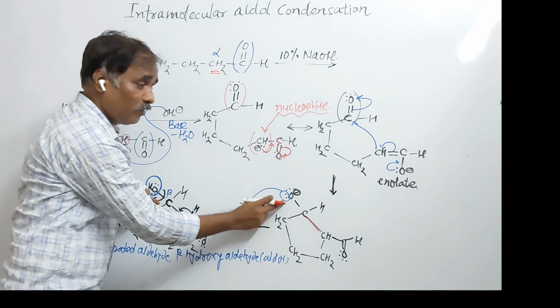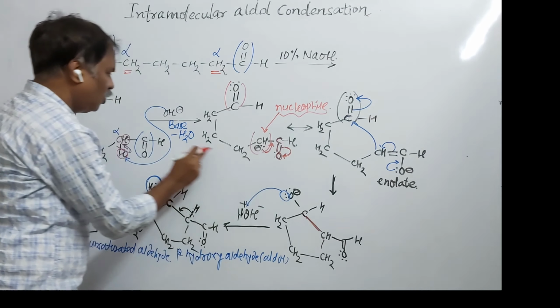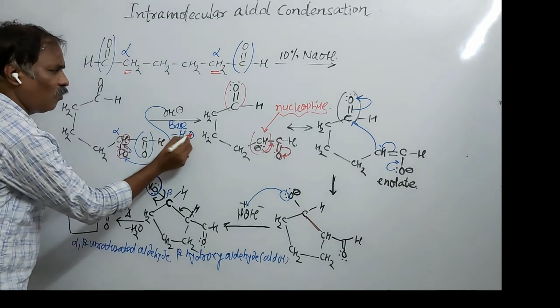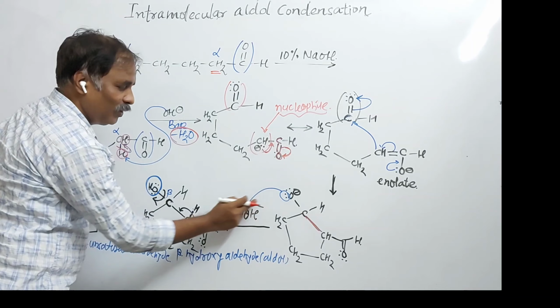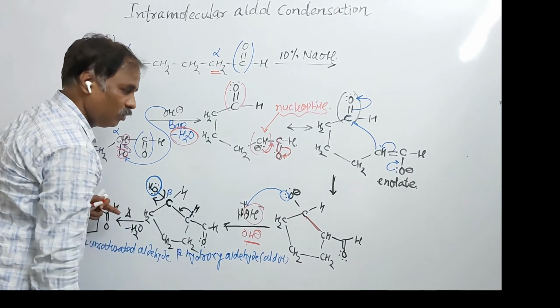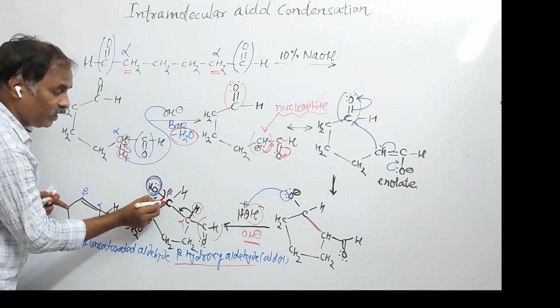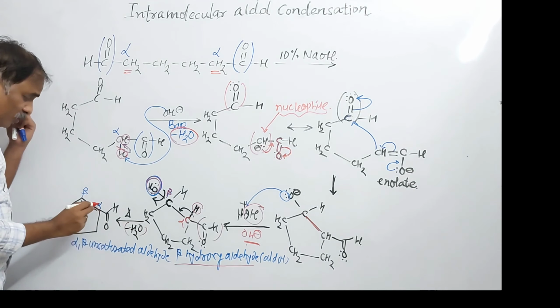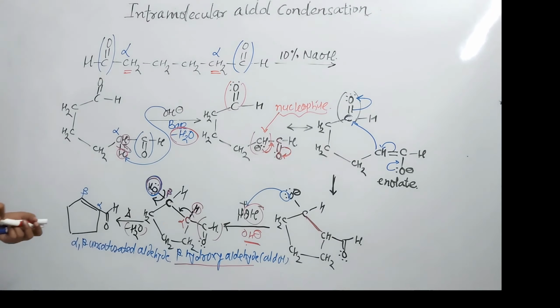This is an intermediate ion because your oxygen is negatively charged. Whatever water is released in this state, the same water is used here. Here this O minus will take H plus and OH minus is released. OH minus is given out. So here is the formation of aldol. This is the alpha carbon with respect to this aldehyde. This is alpha, this is the beta. On beta there is a hydroxy group, that is why this compound is also known as a beta hydroxy aldehyde. So this is aldol, and its decomposition: one hydrogen from this alpha and OH from this beta, removal of H2O and formation of an alpha beta unsaturated aldehyde. So this is an example of what? Aldol condensation reaction.